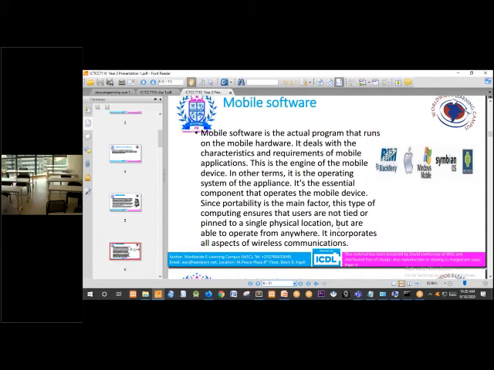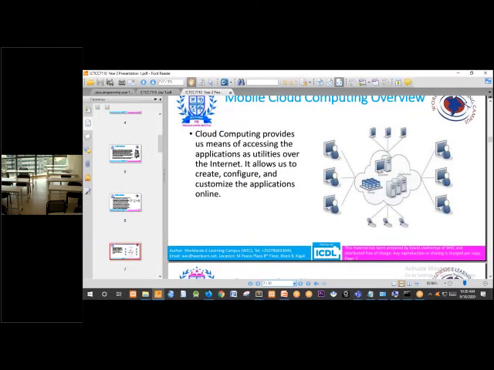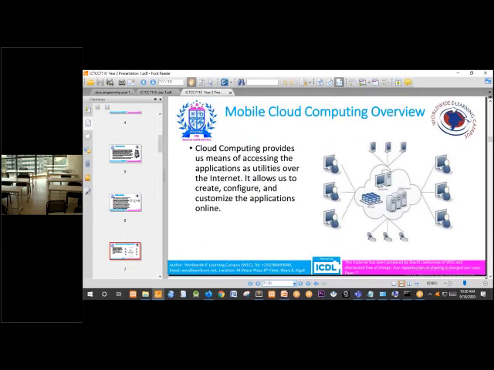So mobile computing does not mean mobile calculations, but mobile working. You can work while you are moving, while you are not fixed at the same physical location. You can perform your work from anywhere as long as you can move with your mobile devices. So now, what is mobile cloud computing?